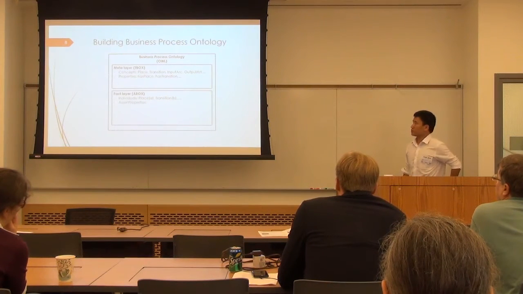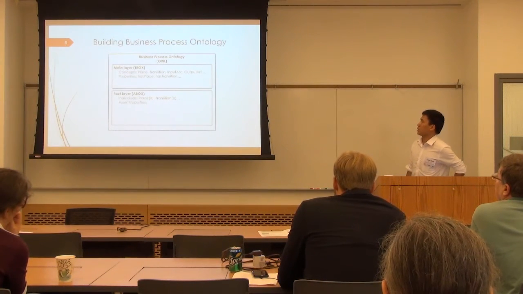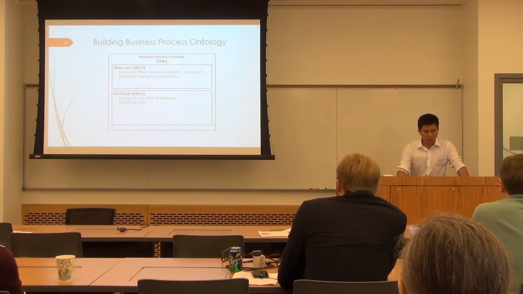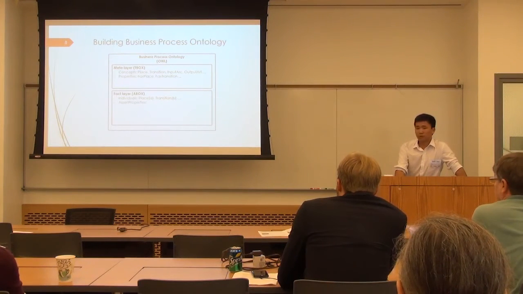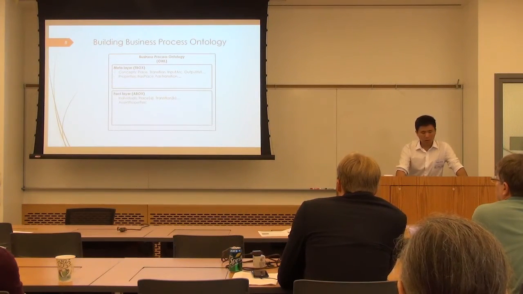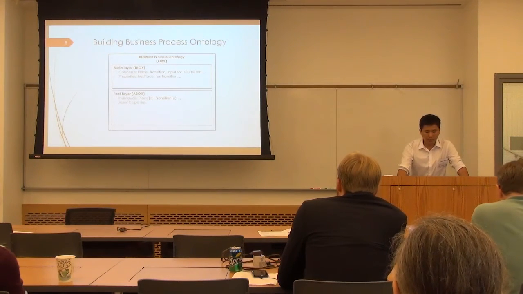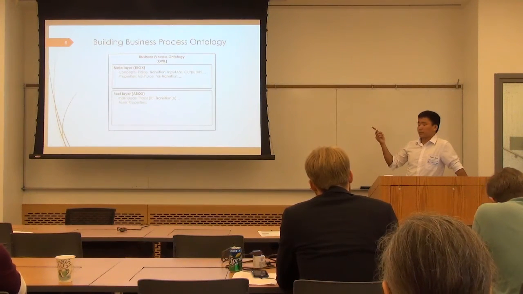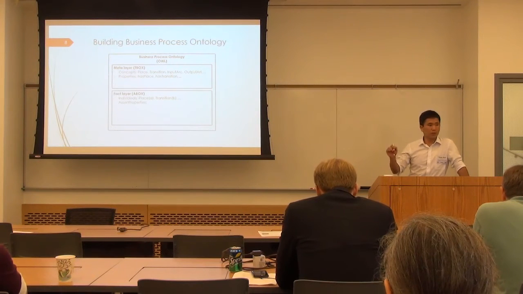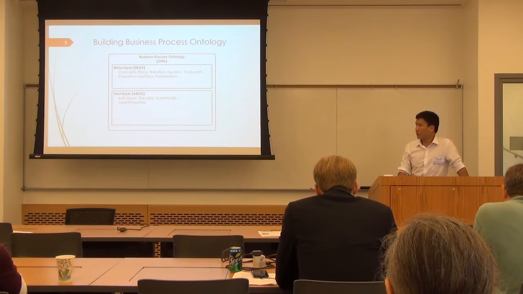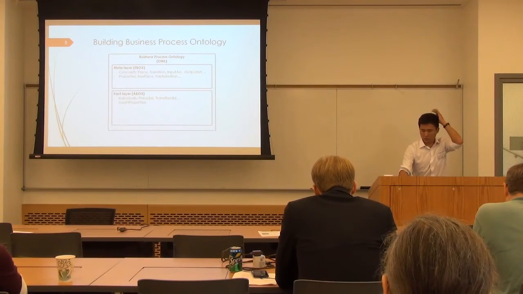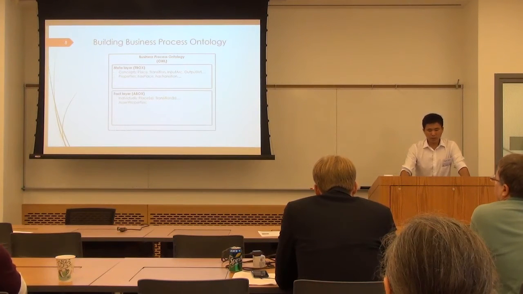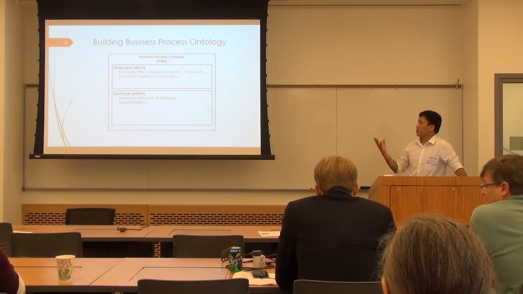Here you can see the structure of the business process ontology. We also have two layers. The meta layer is the TBox inside the ontology. We define many concepts. Here in the ontology, we define the concepts about the patterns, if we want to use the patterns for model checking, for checking the correctness of the structure of the business process. The business process instance is actually a set of individuals in this ontology.